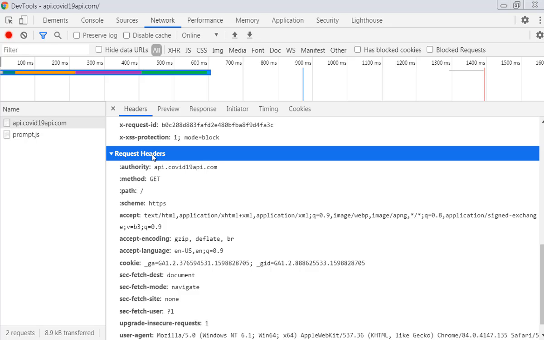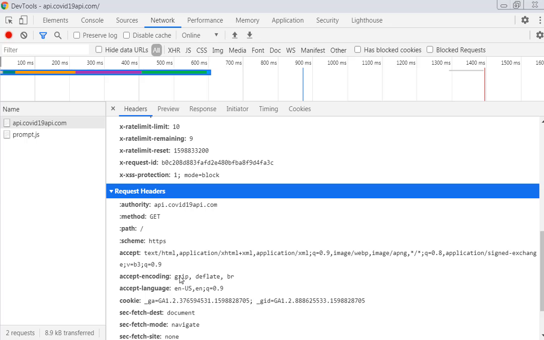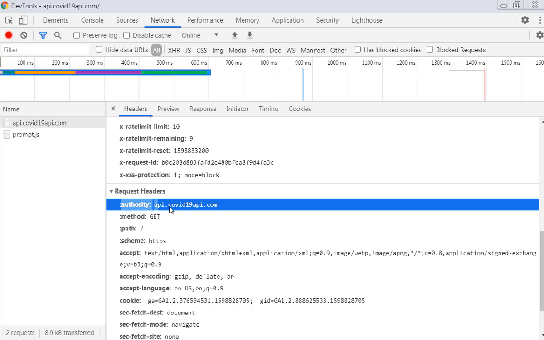If you go to the bottom, these are the request headers we have to set. Actually these are all default, we don't need to set all of them, but I'll show you how we do the request headers. Okay, suppose I want to set the authority as this, as a request header.